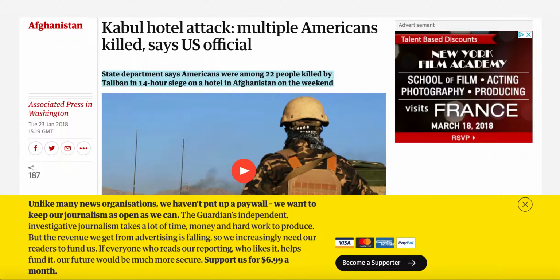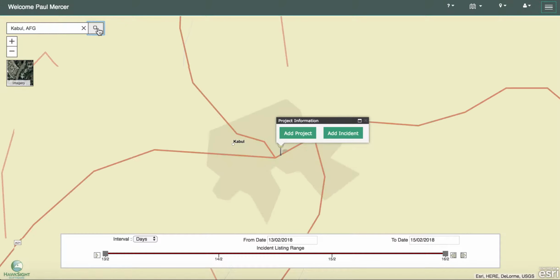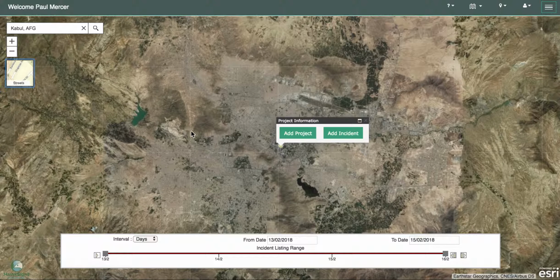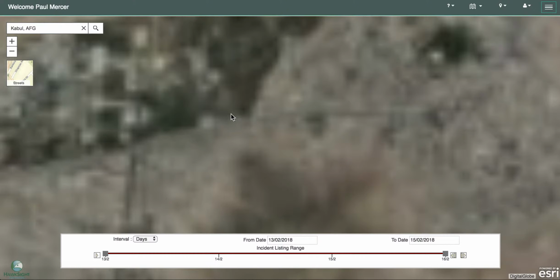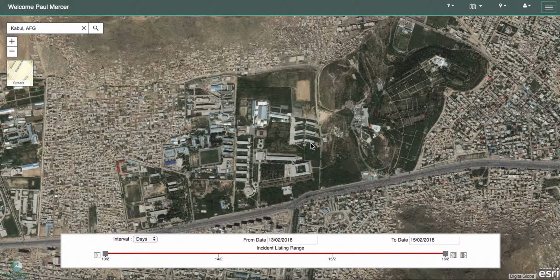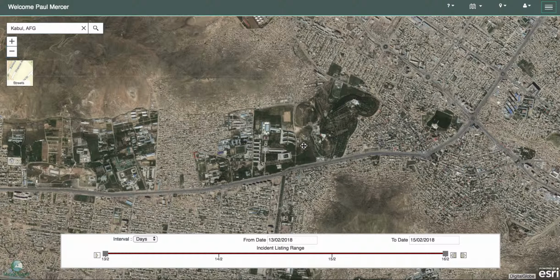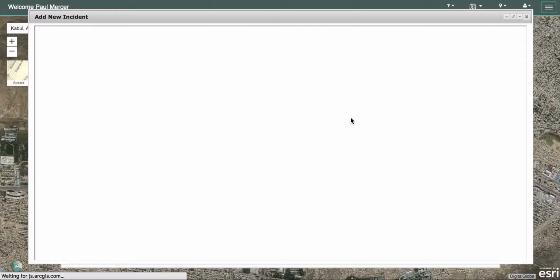So I've been online and identified the Kabul hotel attack of the 22nd of January against the Intercon Hotel. So the first thing I need to do is find out where that location is. So that's taken me to Kabul. I'll change into the satellite imagery, and I know that the Intercon Hotel is just here. So I will add a new incident,